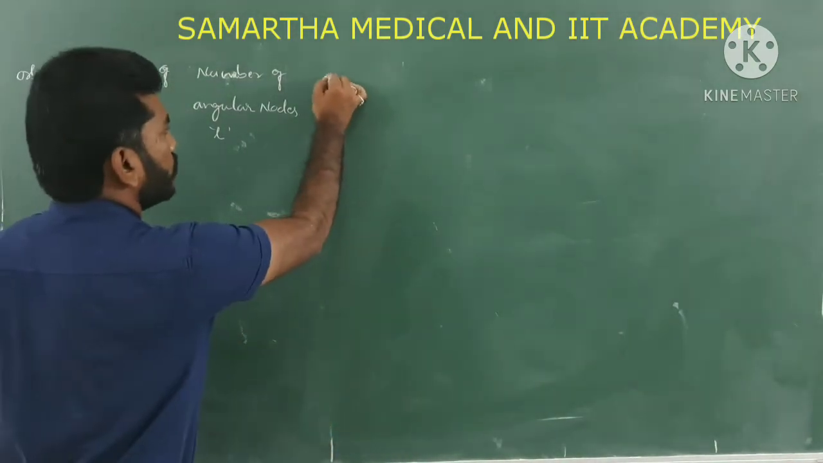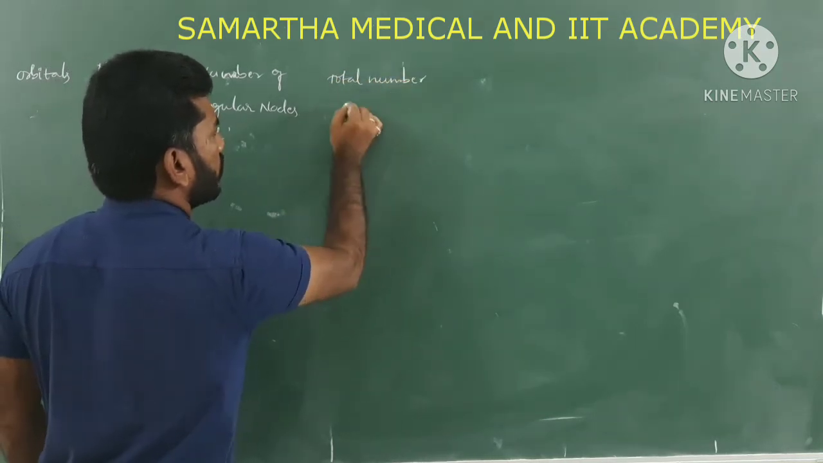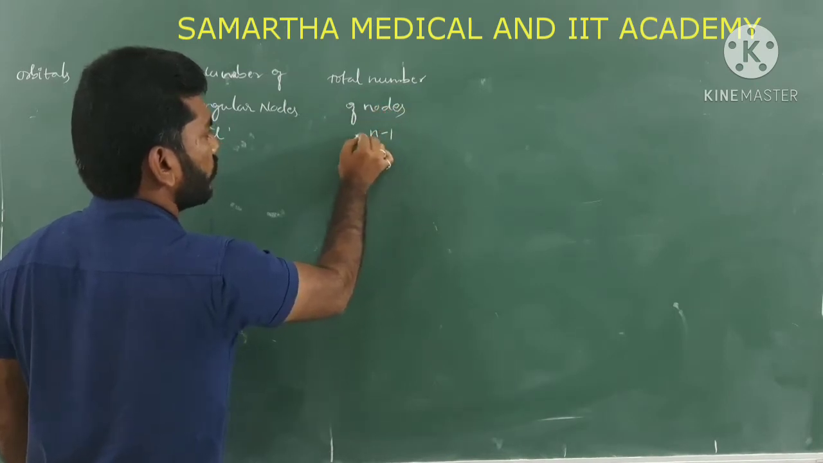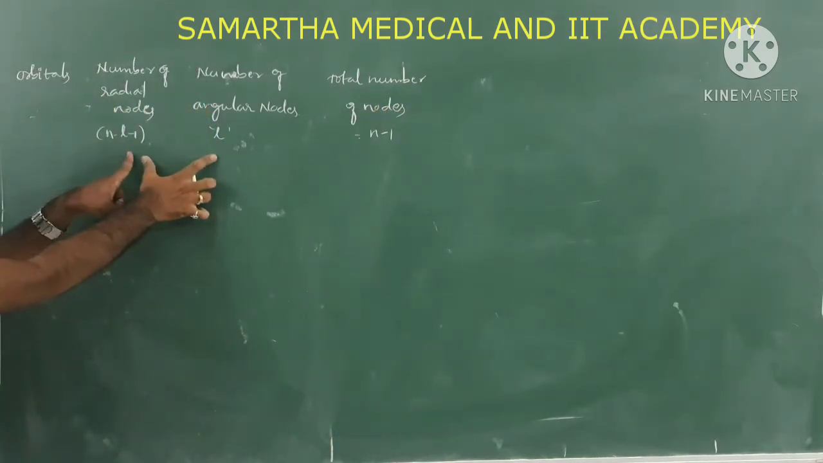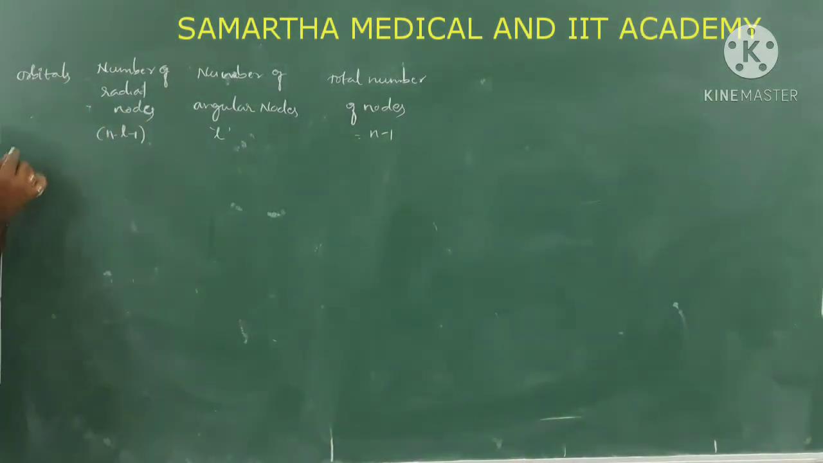Yes, the total number of nodes, by using the formula n minus 1. The combination of these two is the total number of nodes. Suppose we take the orbital, number of radial nodes, number of angular nodes, and total number of nodes. Suppose I have here